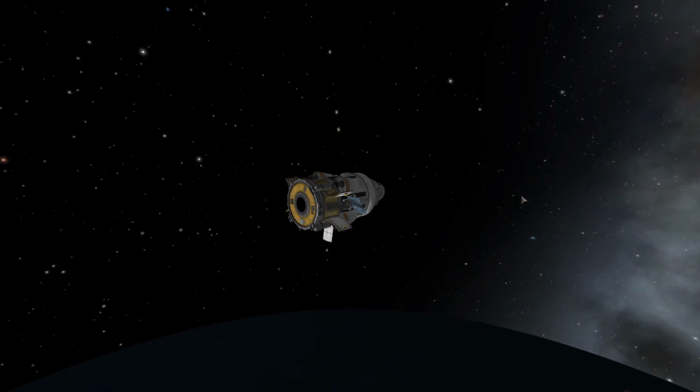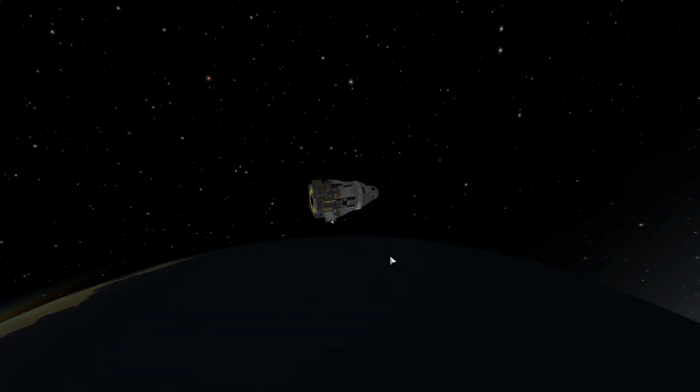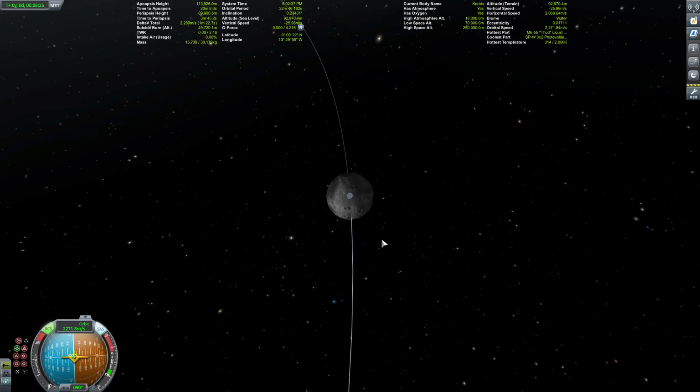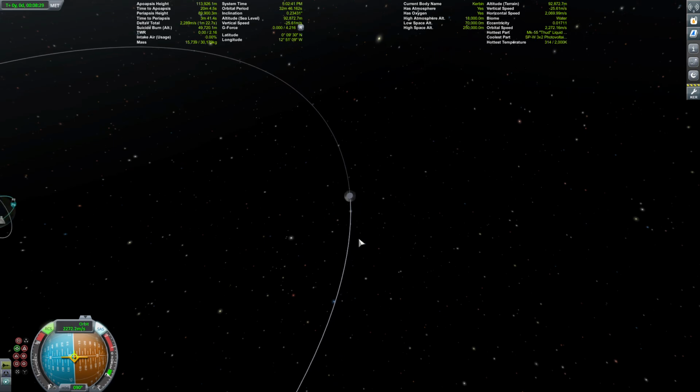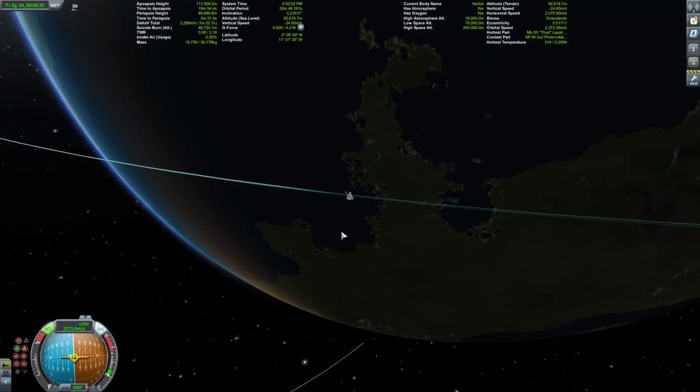But at some point, you're going to want to come back down. All you'll do is just burn retrograde and then re-enter the atmosphere, hoping you have a heat shield. And also, just one more trick, if you would like to exit this, so you see how we're targeted with the Mun, if you'd like to exit that, just below the escape button above the tab and right next to the 1, you press that button. It's got like a squiggly line and then some other random thing. You press that, and then you're focusing back on your craft.